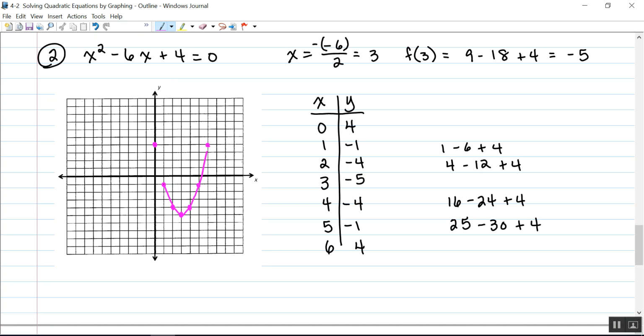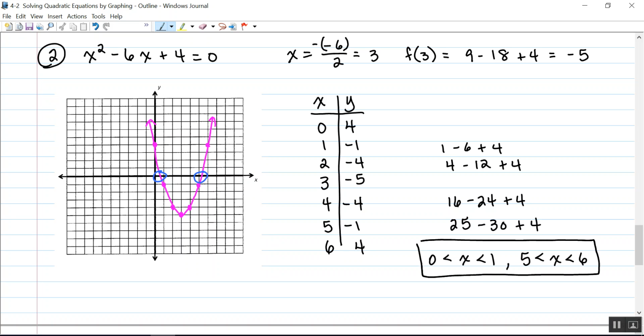Now I can see that my graph does indeed cross the x-axis, but unfortunately it doesn't cross at a nice point. It looks like it's between 0 and 1, and it's between, what would that be, between 5 and 6. And I don't know exactly what those are, but that's okay. So I'm going to write my answer, my two solutions, as x is between 0 and 1, and x is between 5 and 6. So it's some irrational number in between there, but I don't know exactly what it is